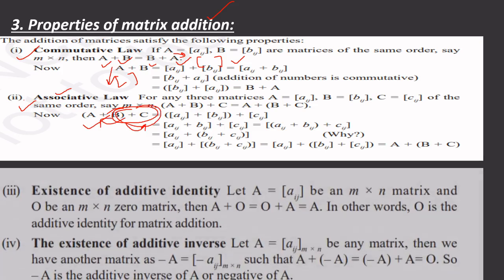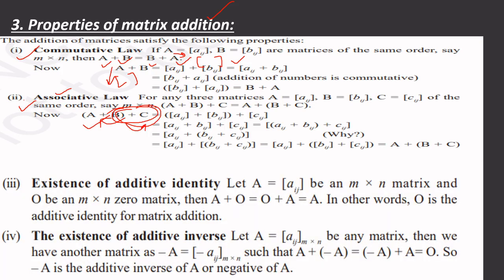So there are some properties we have to learn. Not a big deal. Existence of additive identity and existence of additive inverse. It is not an important thing, but we have to learn it once. Like there is a matrix A which has M and N, like rows and columns. If we add a 0, what is the 0? There is a 0 matrix which has all the elements in the matrix as 0. And if we add A with a 0 matrix, then the answer is also A. Simple.